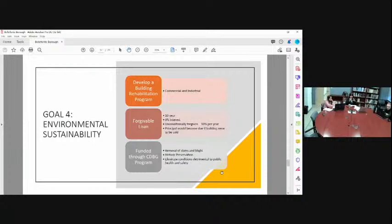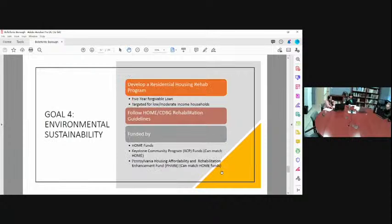So we're looking at removal of slums and blight, looking for historic preservation, where you're eliminating conditions that are detrimental to public health and safety, which fall under those CDBG guidelines. We're also looking at a residential program, and that's a rehab program. And this not only improves your housing stock, but it also goes to the environmental sustainability for utilities, weatherization,